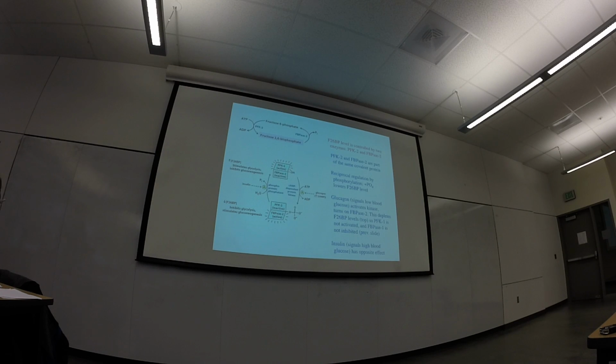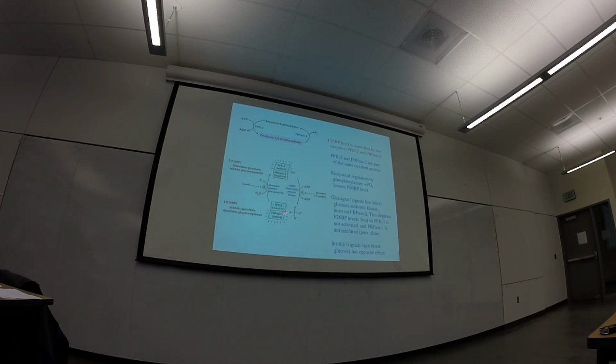And what controls that is another set of enzymes that are sort of parallel to the first two that are in glycolysis and gluconeogenesis directly. These two enzymes are sort of one step back, and their purpose is to synthesize and break down this regulatory metabolite. Okay, so here's those two enzymes. And those two enzymes turn out to be part of the same protein, a covalently bound bifunctional enzyme here, which itself can either be not phosphorylated or phosphorylated.